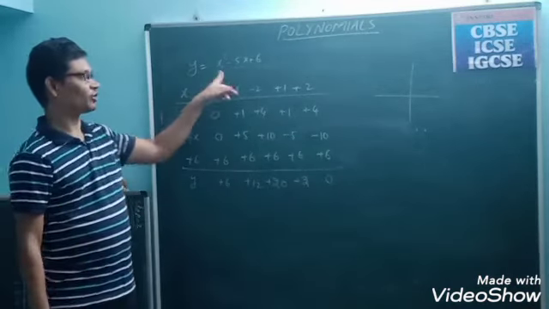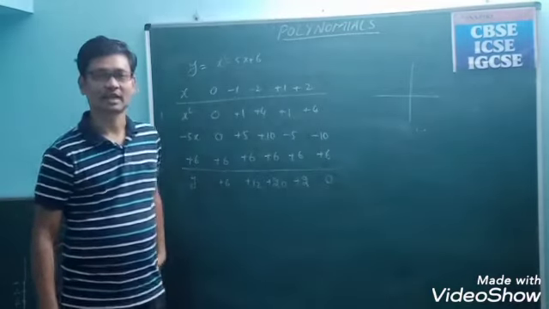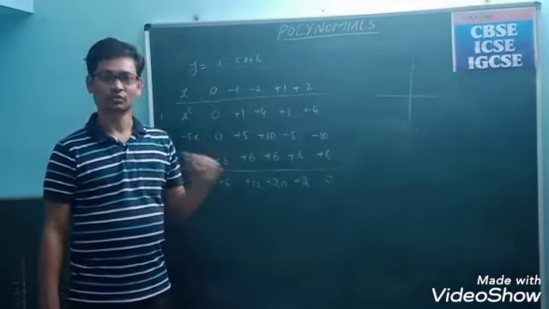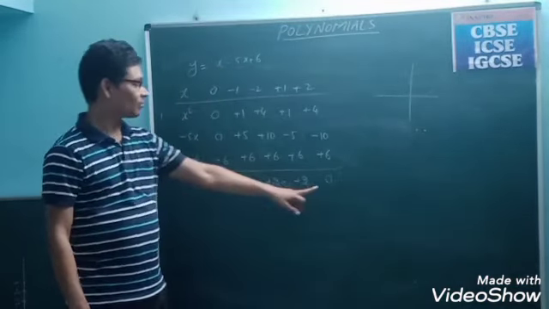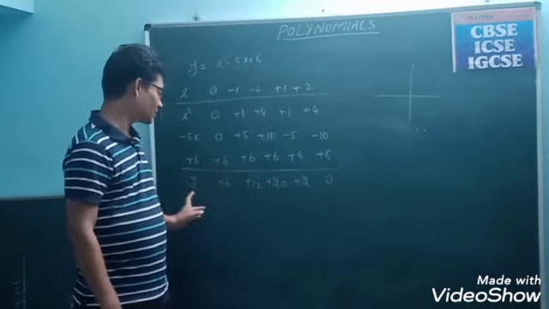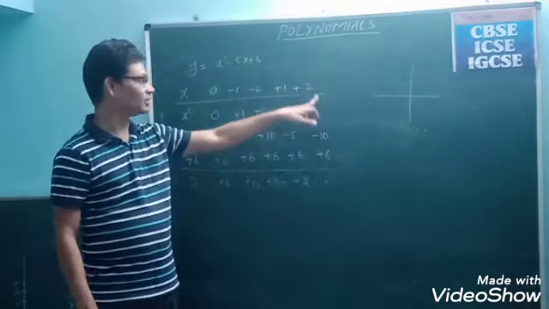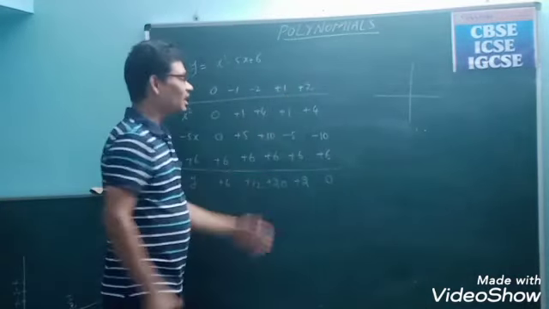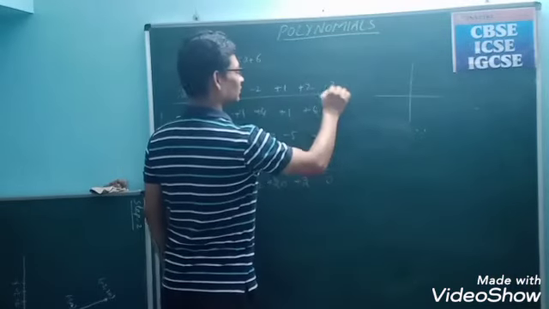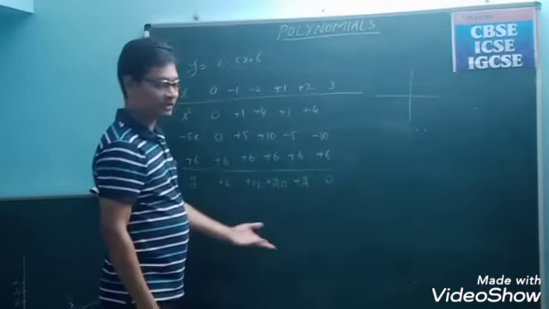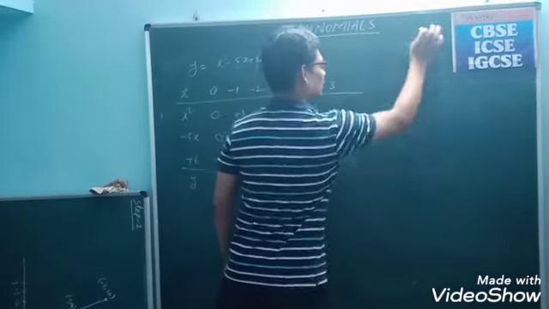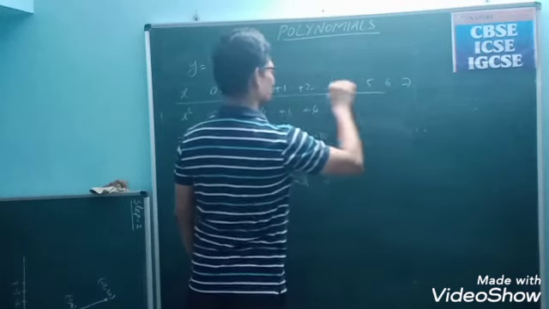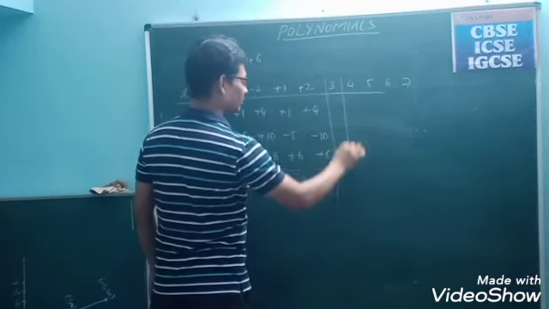It is a quadratic polynomial. As it is a quadratic polynomial, it has 2 roots, that is 2 solutions. It must have 2 solutions. So we have got only one solution. Whenever you get the y value as 0, that x value is the solution. So we have got only one. So we need to continue this to get one more, and also some more values. Let us take some more values up to 7 so that the graph can be symmetrical.